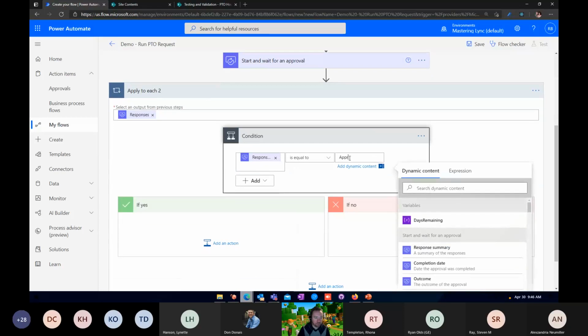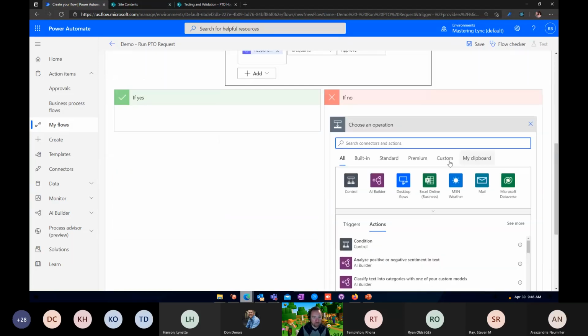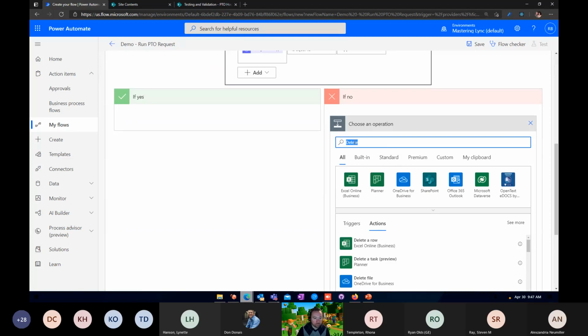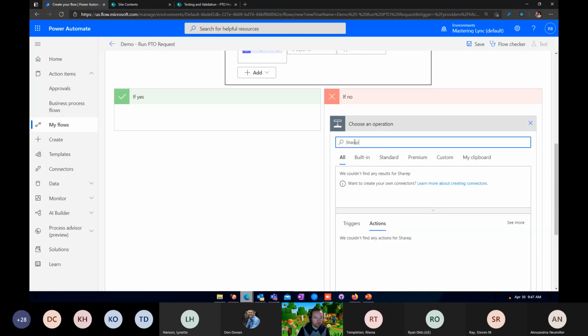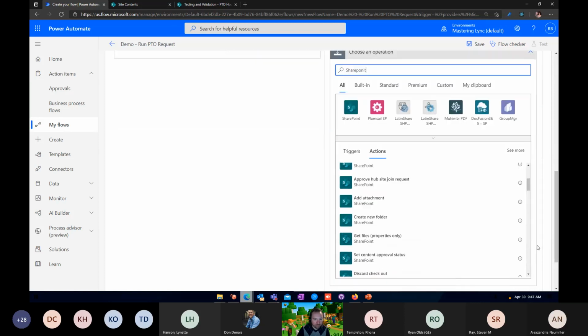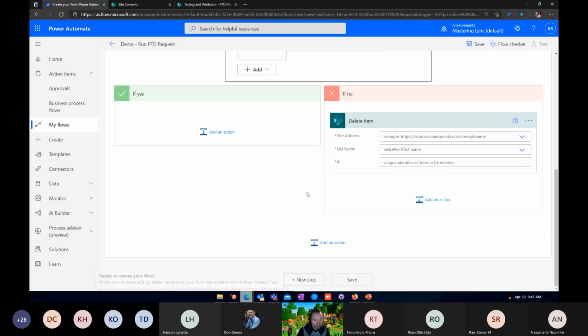And if it's approved, we do something. So if it's no, right, what are we going to do? They didn't really mean to do that. Well, simple. We're just going to delete an item then. So we're just going to pull that thing right out of the list. So we're going to come down here. We're going to find delete item. It's going to say where. So we just pick our item,